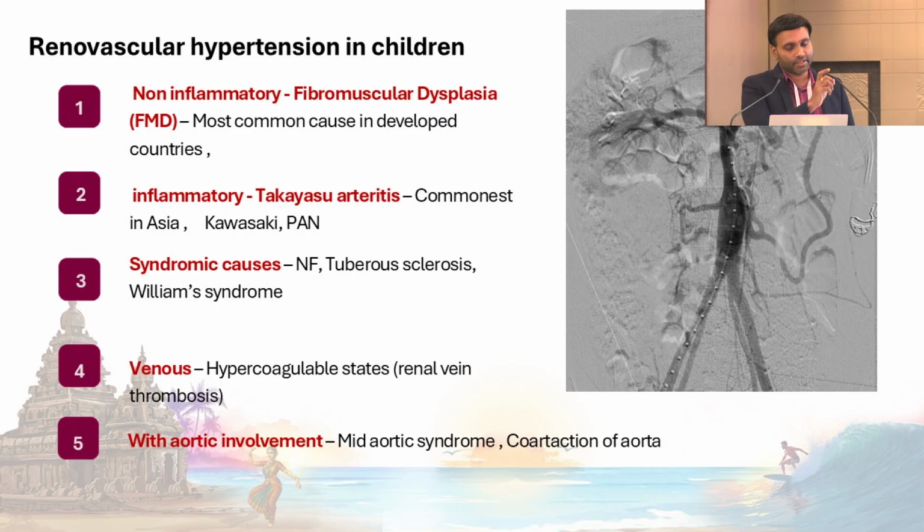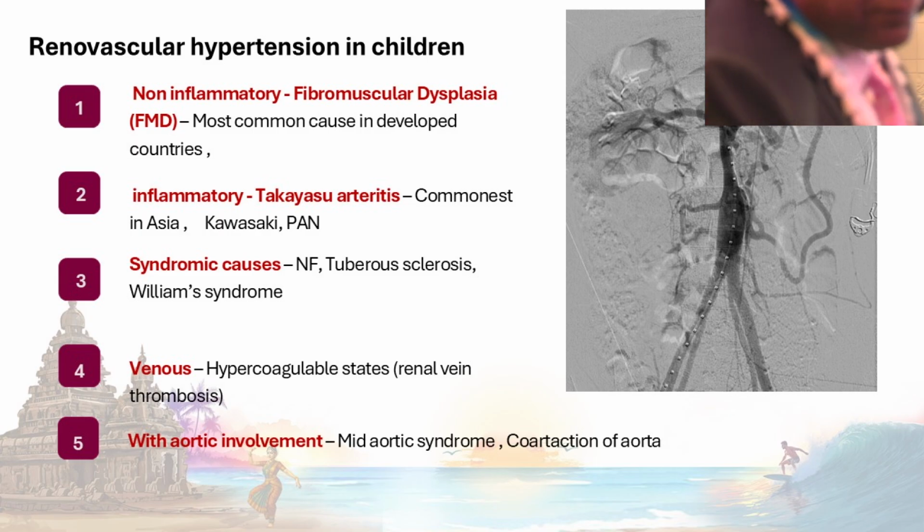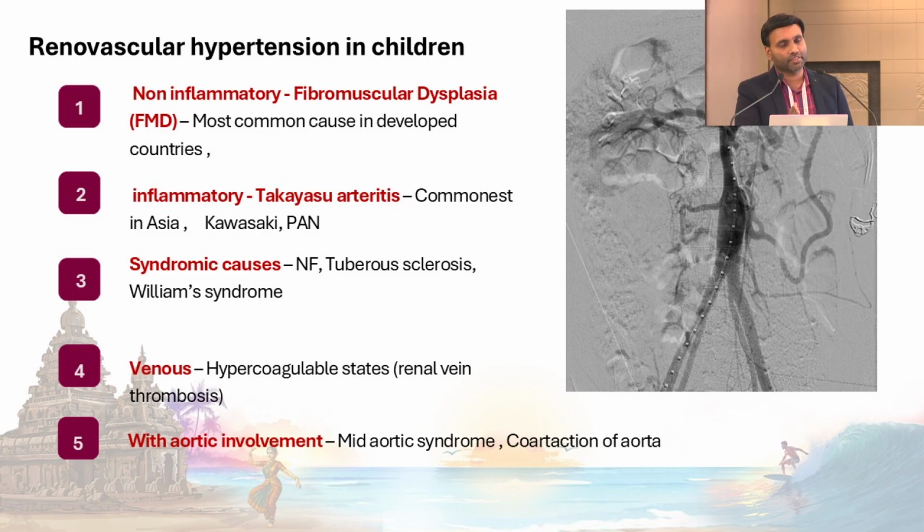So it's important to detect this renovascular hypertension, and of pediatric hypertension, the percentage of renovascular hypertension is higher. It's almost 1 to 2% in adults, whereas in pediatrics it's almost 10%. So their numbers are more, and you have to treat it early. So it's crucial that you detect early and also manage very early itself.